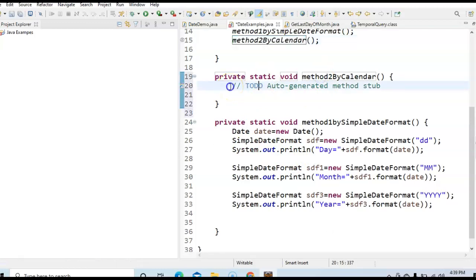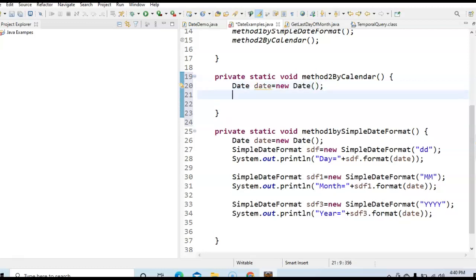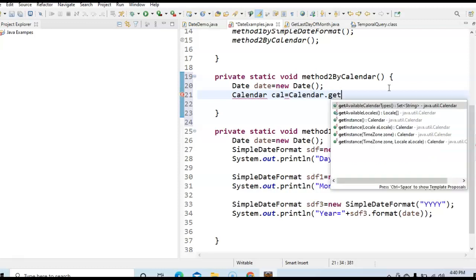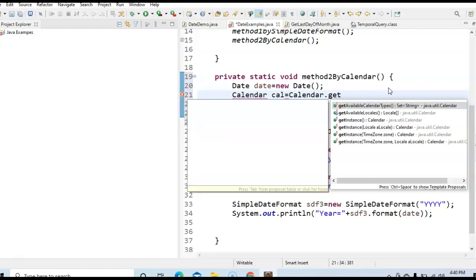And here what we need to do, first we need to create, as usual, the date object. So how do you create a date object? Date equal to new date. Okay, so after this what we need to do, we need to create a calendar instance. So calendar cal equal to calendar dot get instance,